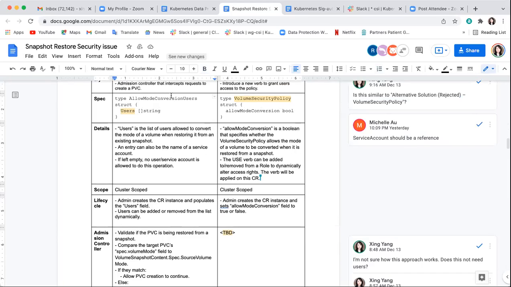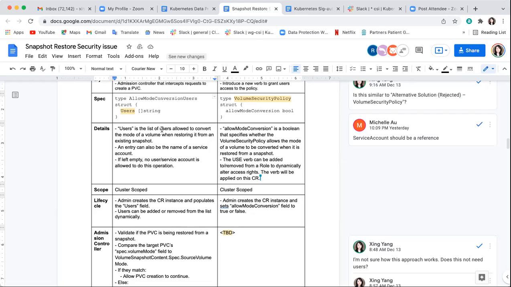At the admission, the external provisioner can check if the user who is going to restore the snapshot is able to modify volume snapshot content. You just check the permission. And if the user has this permission, which is a pretty huge permission, we can allow cross volume mode restore.